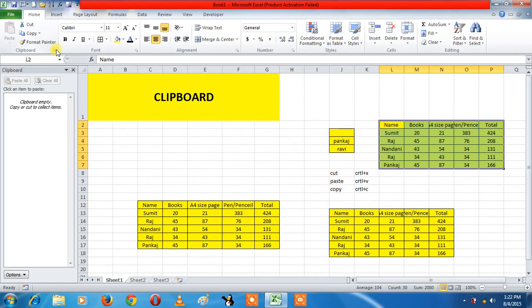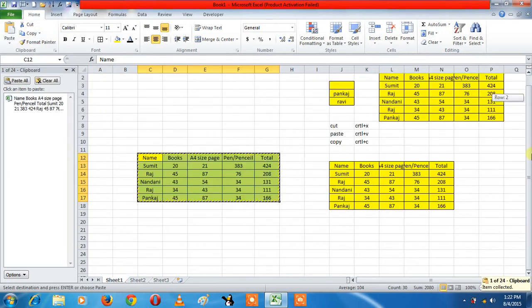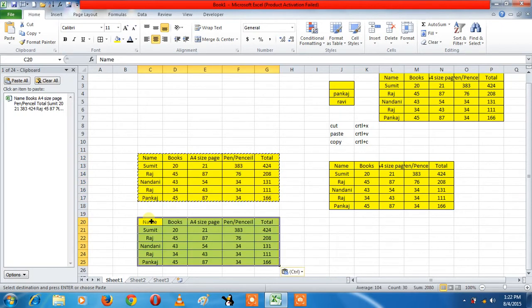Just click on it. After clicking, if you want to copy something, then look here. If we select copy, and we want to paste anywhere in the worksheet, look at that, here we are copying and pasting. What comes here? Look at that, this is the data that you copied from the